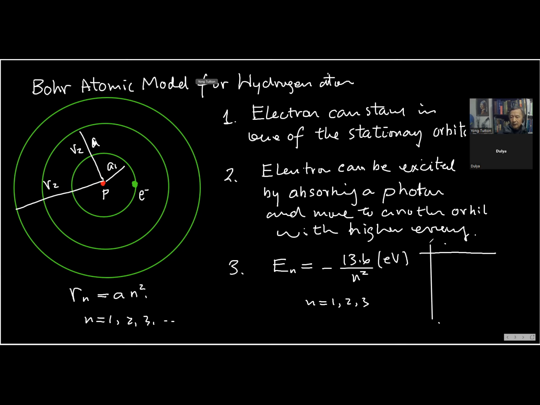Energy diagram is just like ladders. Can you see? So this is the total energy, En. Because the hydrogen atom's electron is confined to the proton, the total energy is always negative. So this is the first energy level. Can we draw the first energy level now? So this is the first energy level. And this is the second energy level. The third one, okay, and so on, you see? It gets very crowded eventually.